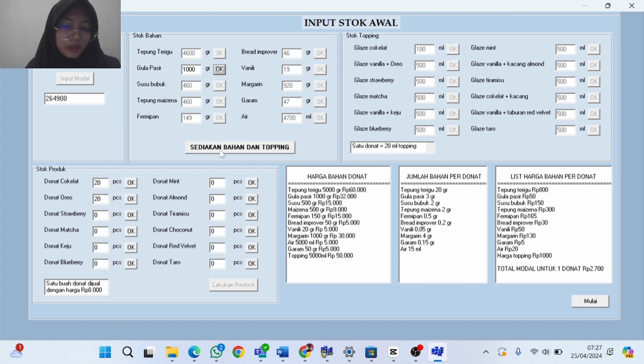Then provide the ingredients and toppings. We'll be able to make another donut. I just input everything 20.